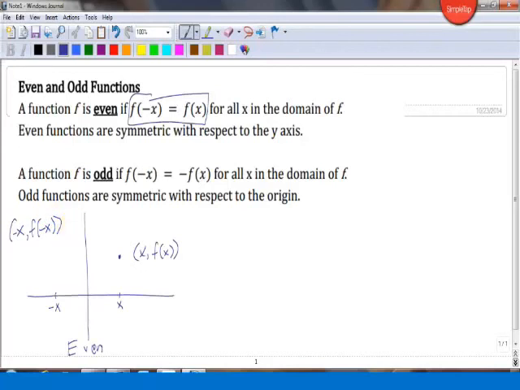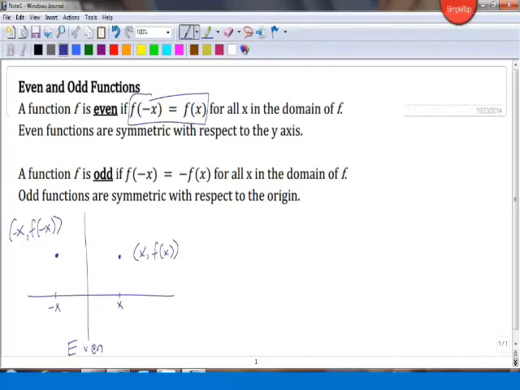So it needs to be directly across the y-axis, so it's got to go right there. The x-coordinates are opposites of each other. The y-coordinates are the same. This requirement on this function is equivalent to saying the graph of this function is symmetric with respect